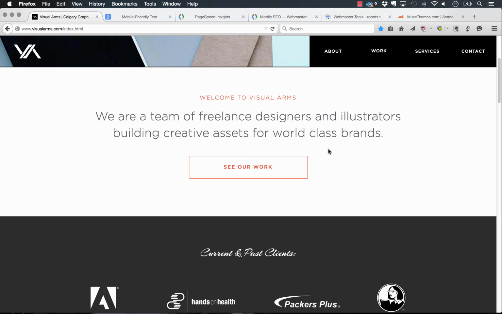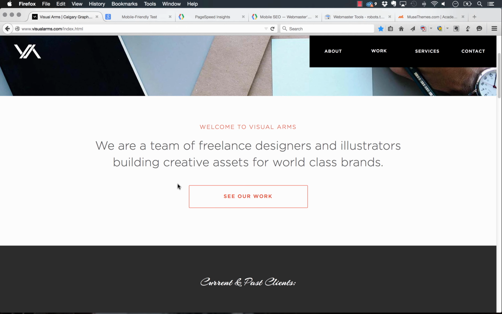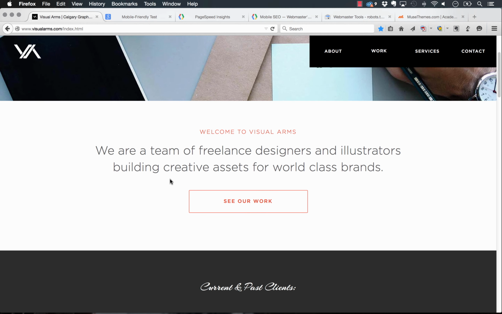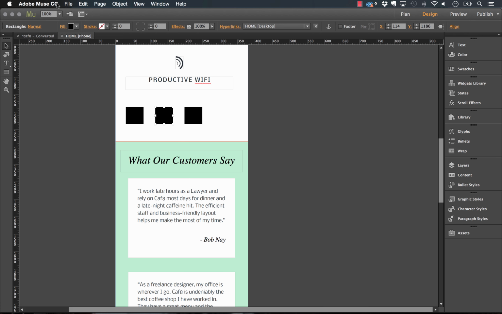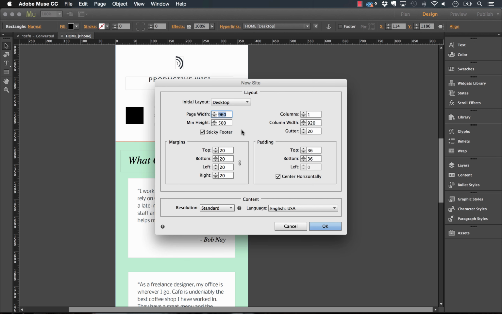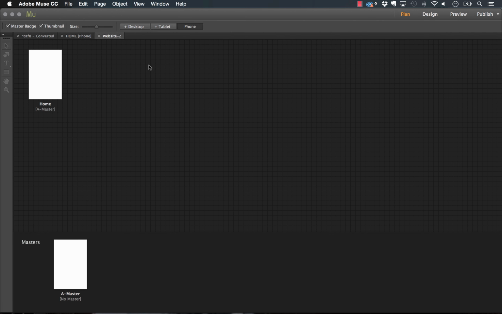And now the great thing about Muse is that even though somebody's site may not be built directly in Muse, you can still build a mobile site in Muse, and you just need to embed a little snippet of code that will redirect users on mobile devices to the new mobile site. So I've explained it in the blog post above, but just to quickly show you how that would be done. You would just create a new site for this. Let's say this business has a website built in WordPress or something like that. And you would create a phone layout only. So your website would only have a phone layout, and you would design their entire mobile site just like this